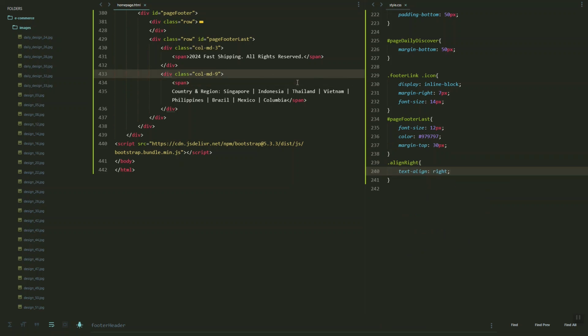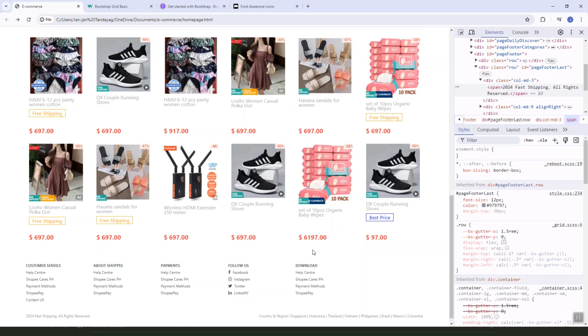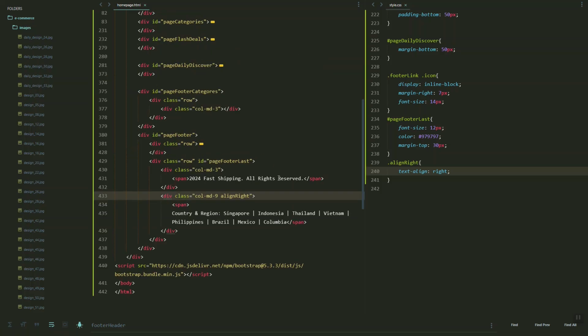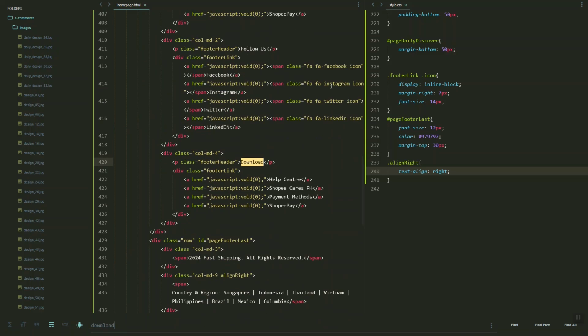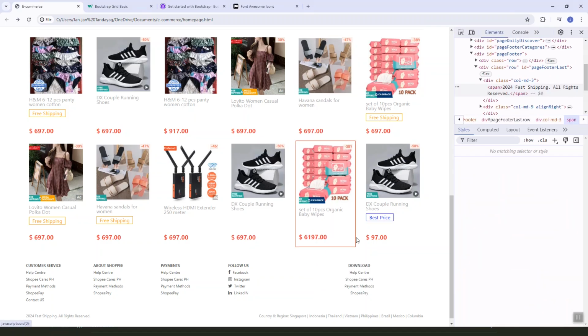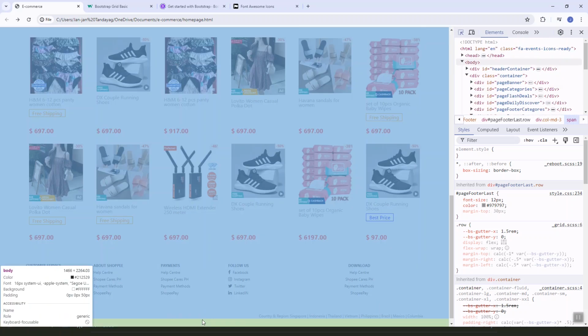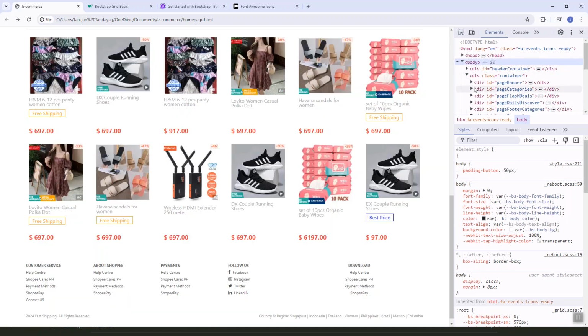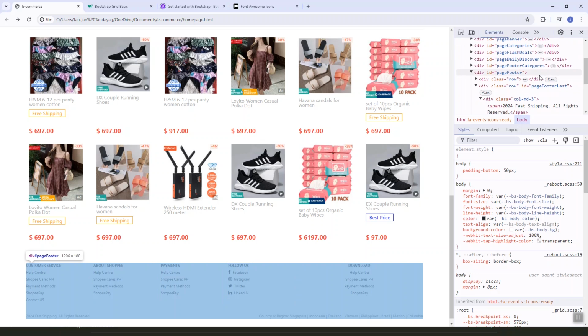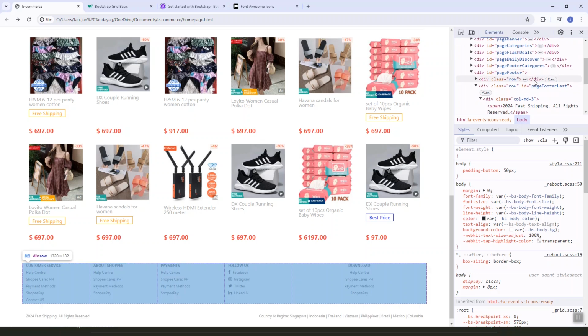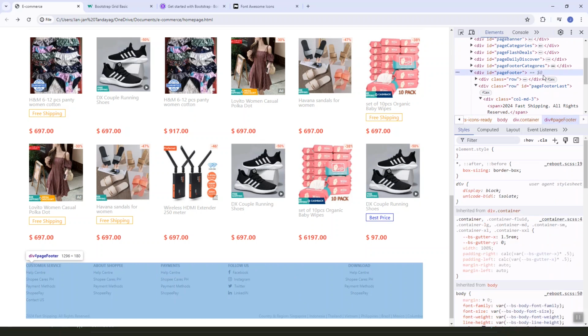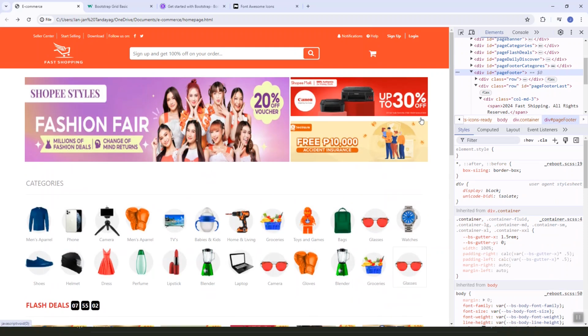So let's paste that align right. So now this is looking good already. This download, let's also align it to the right. And then here page footer,